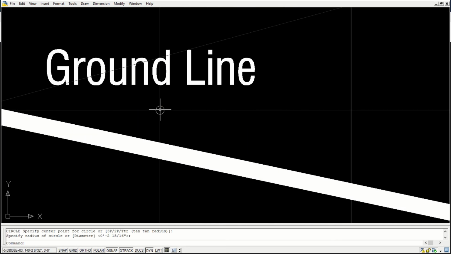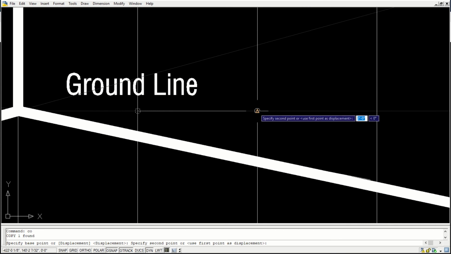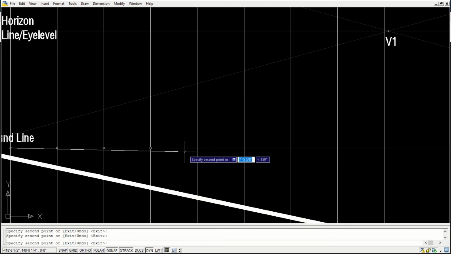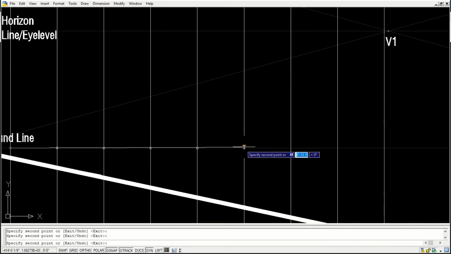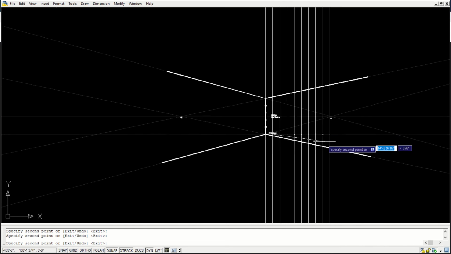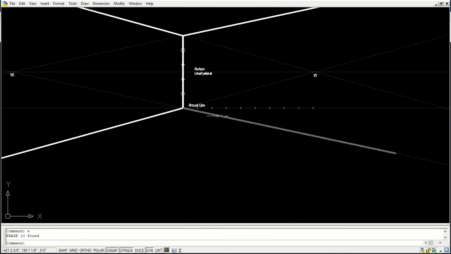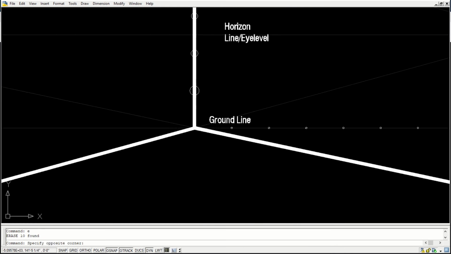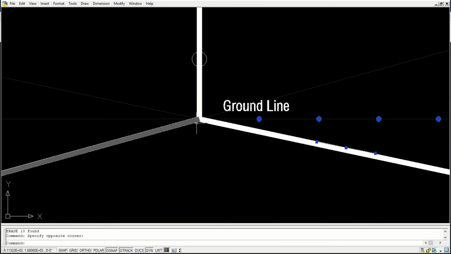I'll just mark it here so that we don't have too many lines that will confuse us. Okay, so these are 2 feet grids measured on the ground line, not on the vanishing lines. Okay, so I'll do the same thing on the left hand side as well.